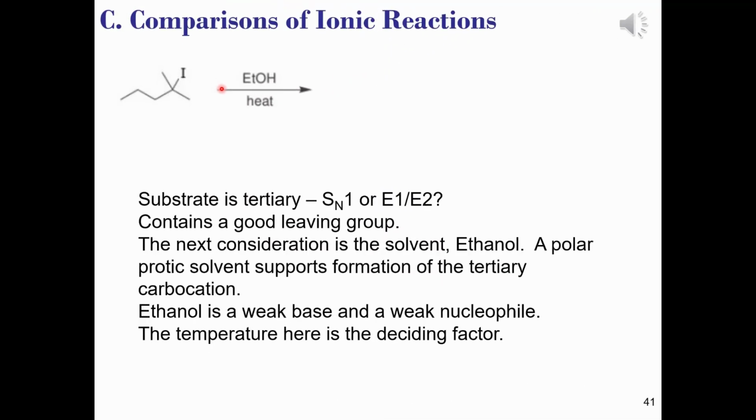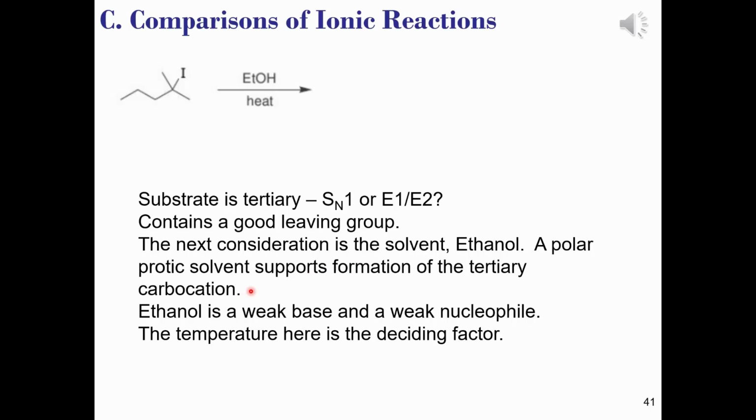So the substrate is a tertiary substrate. So we are thinking here either SN1 or E1 or E2. Now we've got a good leaving group, which is going to definitely help the formation of a tertiary carbocation. And the next consideration isn't actually going to be whether this is a nucleophile, because we have this as a solvent. Ethanol is a polar protic solvent, and so again this is going to help the formation of the tertiary